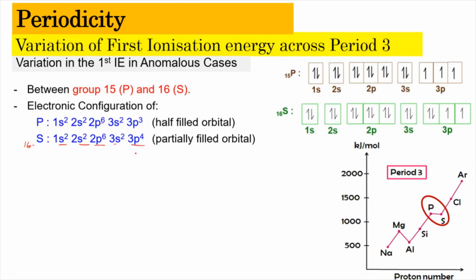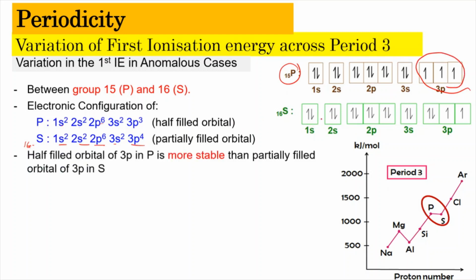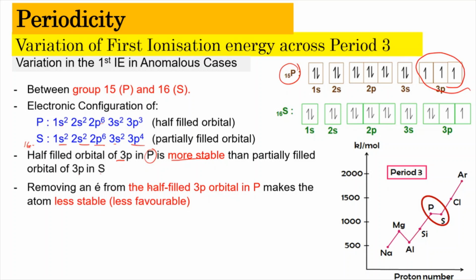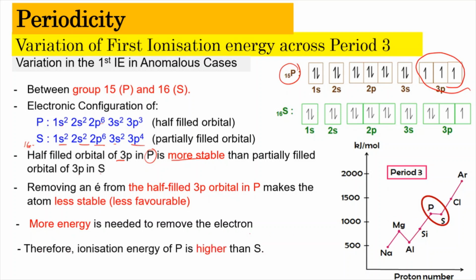And here is the orbital diagram. Phosphorus will have a half-filled 3p orbital. So you can say that the half-filled 3p orbital in phosphorus is more stable than the partially filled 3p orbital in sulfur. Removing an electron from the half-filled 3p orbital in phosphorus makes the atom less stable, which is an unfavorable process, and hence more energy is needed to remove the electron. As a result, the ionization energy of phosphorus is a little bit higher than sulfur. Alright,